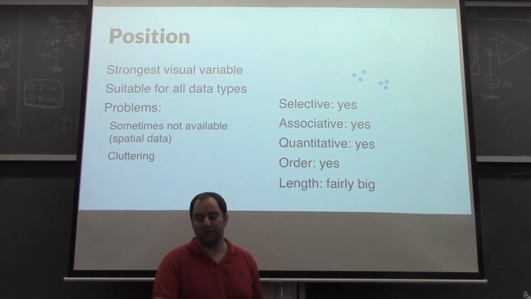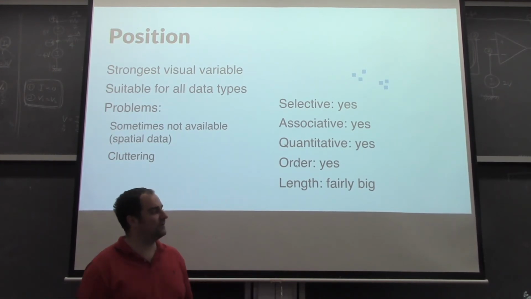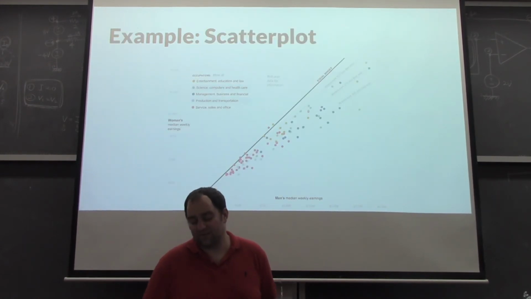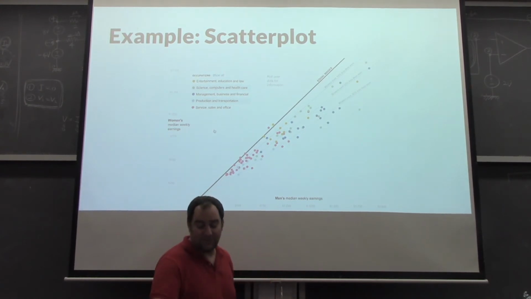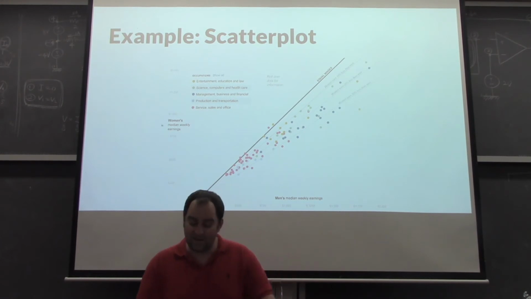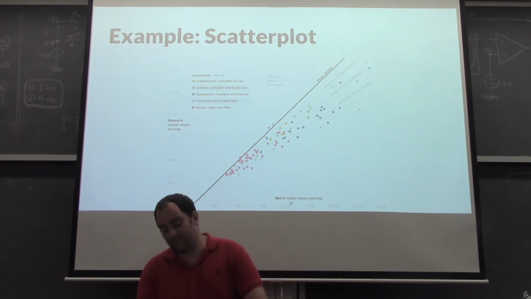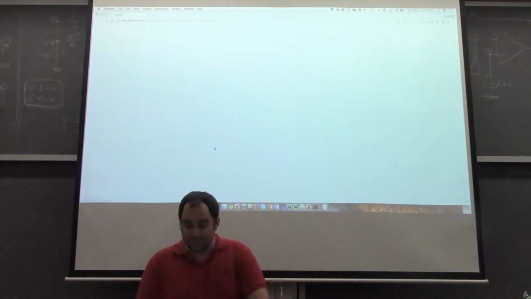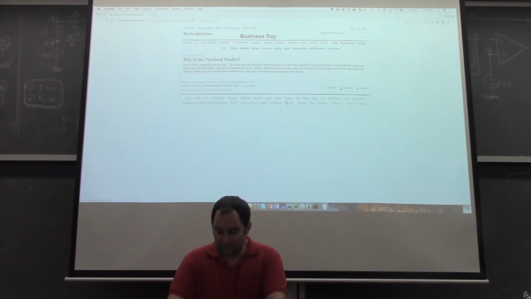They support ordering, and we have a pretty big vocabulary. They have a high length. So a good example here is the scatter plot, of course. Here the scatter plot shows us the income inequality between men and women. So you have men on the x-axis and women on the y-axis. And again, this is like an older New York Times chart,